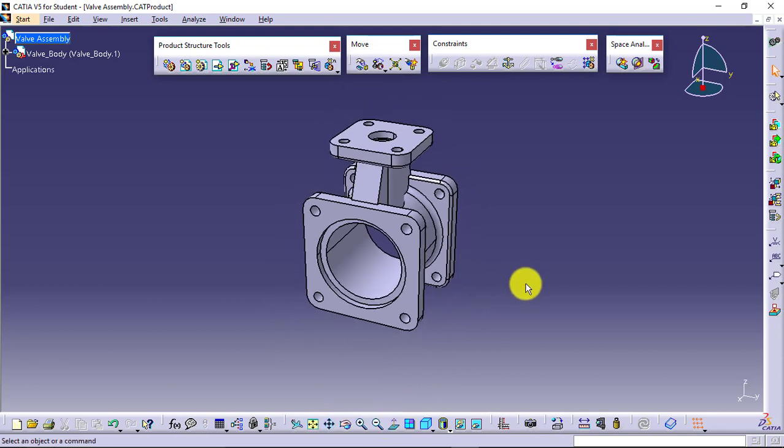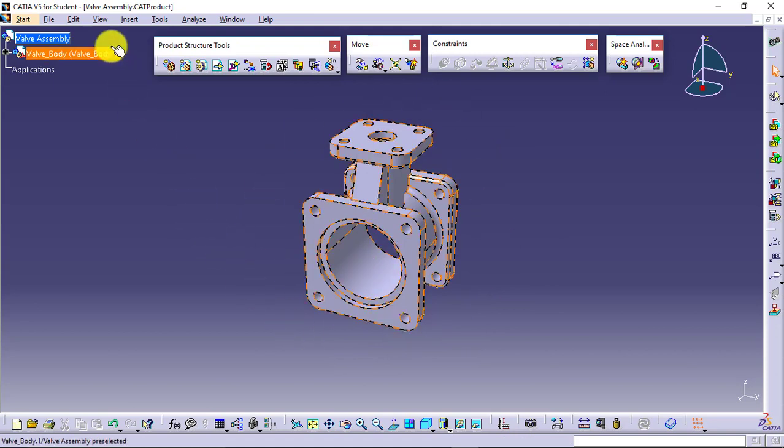If you are observing this valve body, it is looking in a perspective manner. The software is behaving like a perspective view. It is showing you in perspective view. I will have to change that.